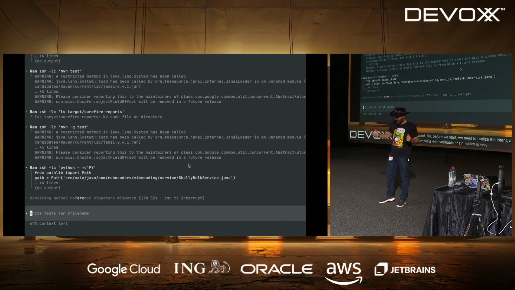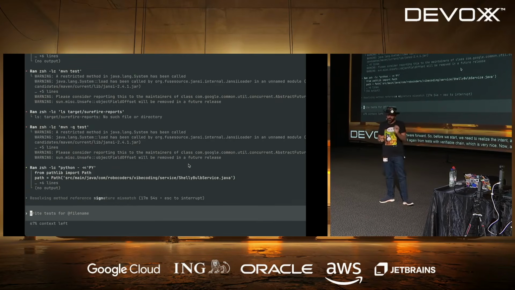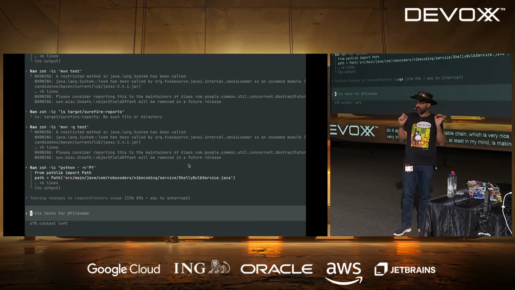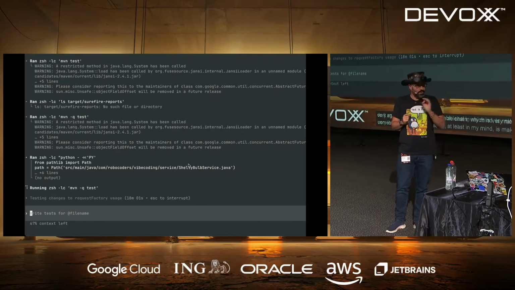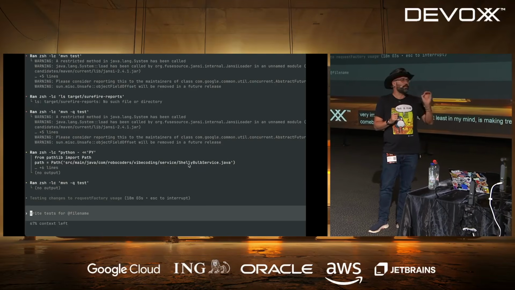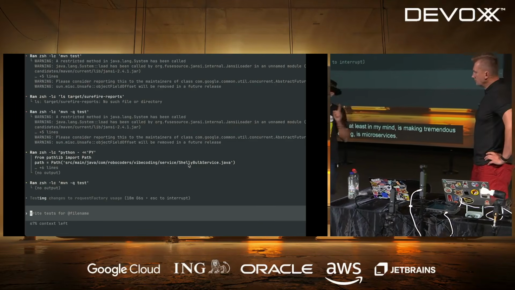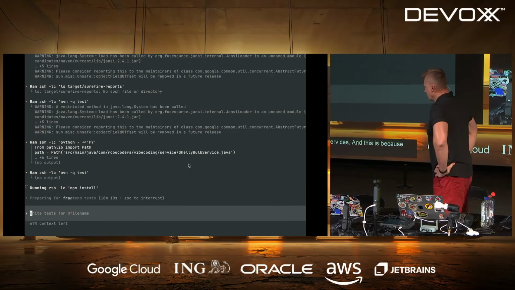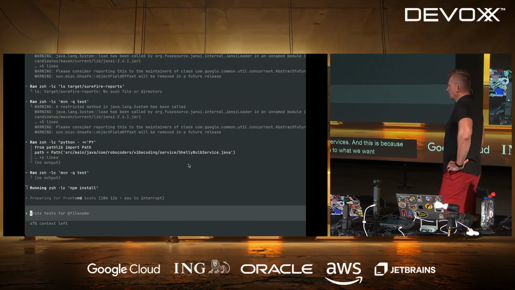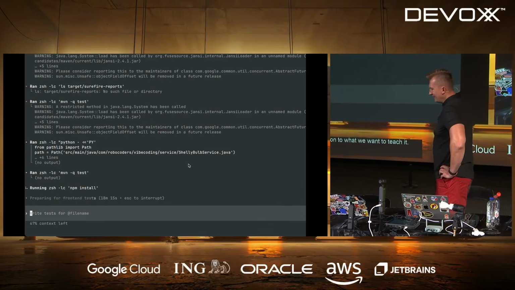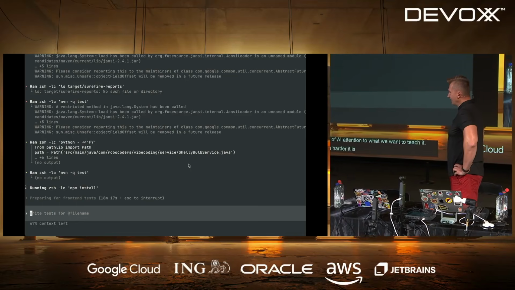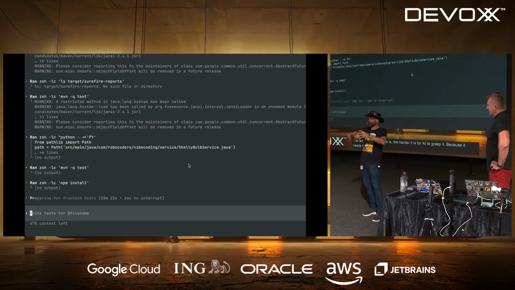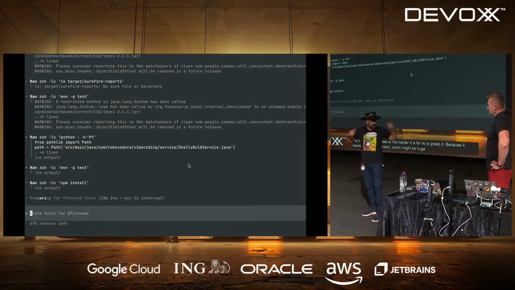which is very nice. Now, another very important concept that, at least in my mind, is making a tremendous comeback with AI assistant coding is microservices. And this is because of context window size, the span of AI attention to what we want to teach it. The larger the code base is, the harder it is for AI to grasp it, because it needs to suck in the intent, which might be huge because of the code base.